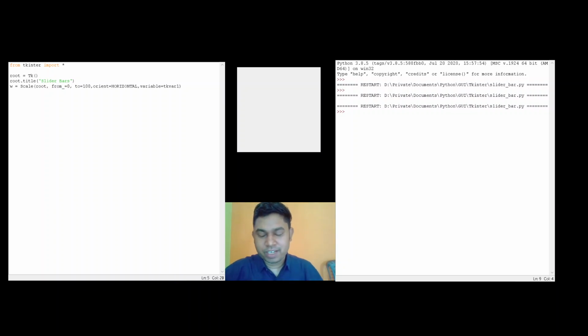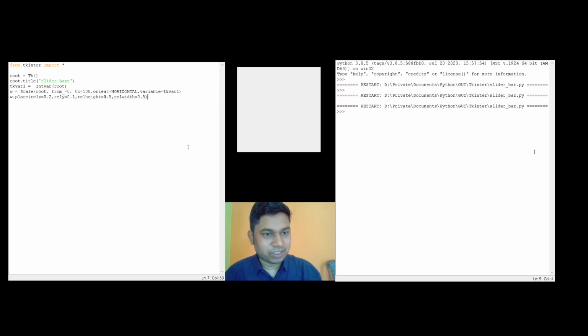So let me define this variable first. What kind of variable should this be? This should be an integer variable. So let me define my tk_var1 as an integer variable, which is in root. And then we all know that if we do not place this widget, it will not appear in the UI. So let me place this widget.